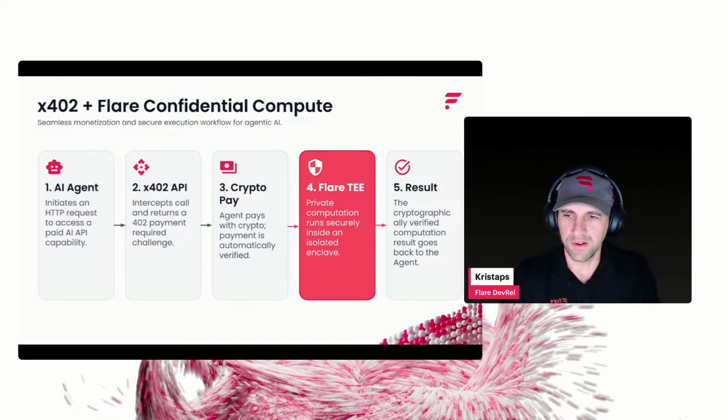And how it all ties together. Let's check this slide: x402 with Flare confidential compute. We'll go over these five steps. The first one is the AI agent. The AI agent initiates an HTTP request to access a paid API. It can be consuming, it can be writing, whatever it is, it doesn't matter in that sense. So, the x402 API,